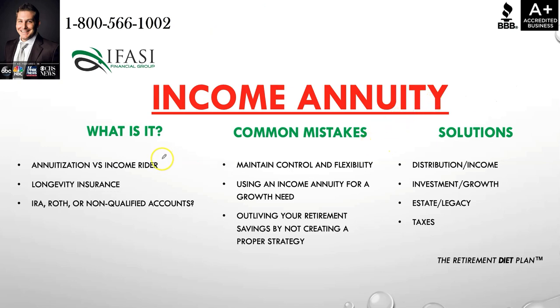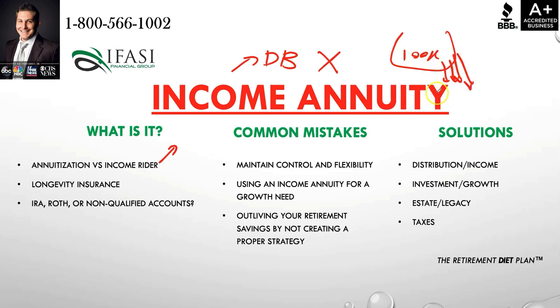It protected the individual if they died too soon, because whatever was remaining in the account balance would get left over as a death benefit. But it also protected them if they lived too long. If they had a bucket of money with just $100,000 and were trying to pull off $5,000 each year, that bucket would have been exhausted by age 80, and then they'd have to go back to work or pull from other assets and sell them to make sure they're still receiving that income stream.